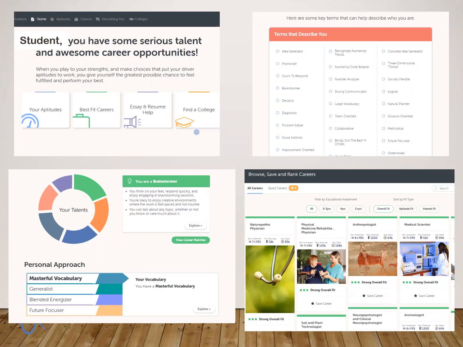Also, it will give you a lot of really great terminology, some fantastic power verbs and words, adjectives that describe who you are, which can really be used for college essays, for resumes. You can provide that information to people who might be writing your recommendations. We counselors can actually access your results, so we can go in there. If we're trying to find that perfect word, we might be able to look here and find strong communicator, team-oriented, collaborative, future focused. There's some fantastic phrases there that we could use.